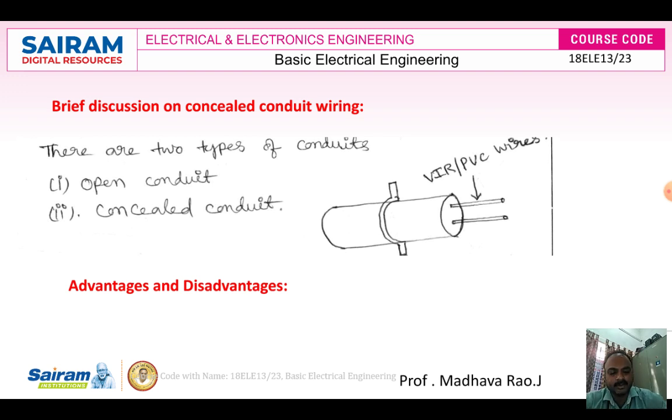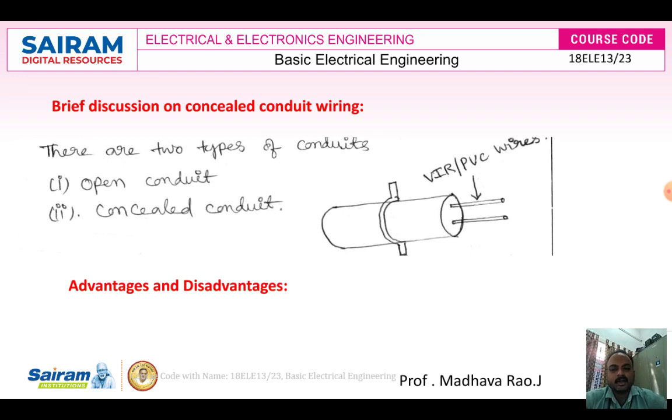Nowadays, in modern houses, the pipes and wiring system are not visible to our eyes. Why? Because those pipes and wiring systems are installed inside the wall itself. Before plastering the wall, wherever the consumer wants switches, plugs, or supplies, according to the consumer's requirement, the pipes and wiring system are placed. After placing the wiring system, plastering or sealing is done on the walls. Those types of systems are called sealed systems, concealed conduit systems.